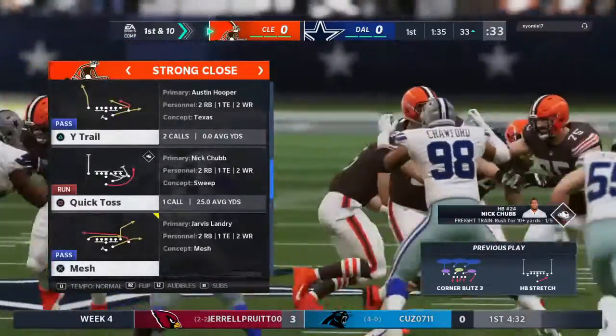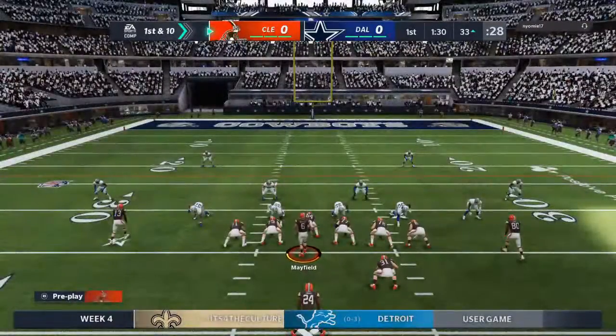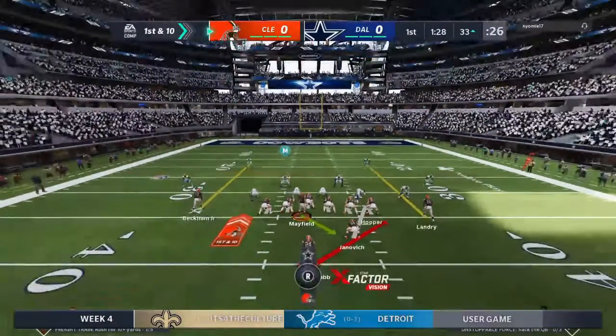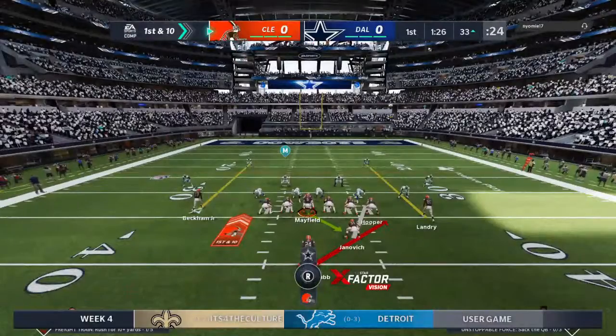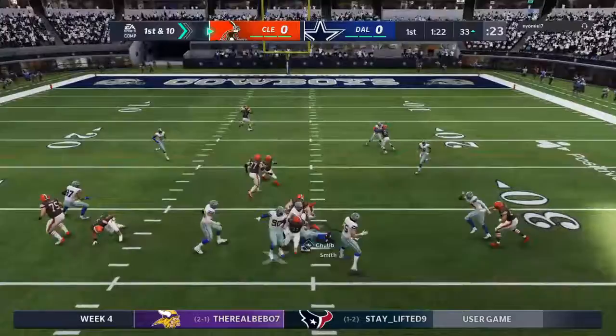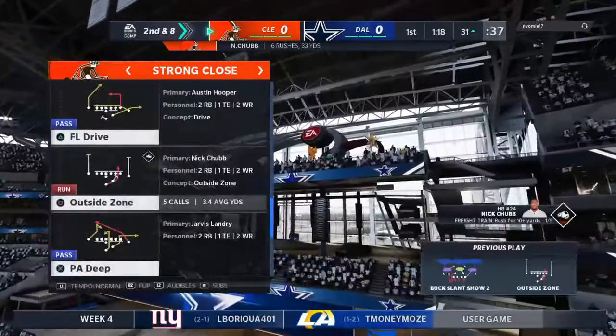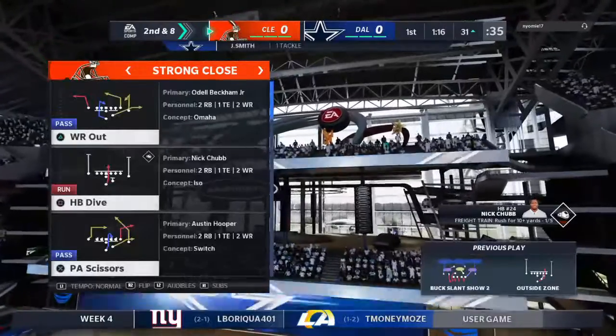Well, there's plenty of real estate for him to maneuver on that run, and let's face it, it shouldn't be a surprise. He's one of the better backs in the league. Had to come into this game with the idea, slow him down, otherwise it's going to be a long afternoon. On 1st down, Chubb going to get forward for only about a couple. 2nd and 8 forthcoming. The tackle made by...